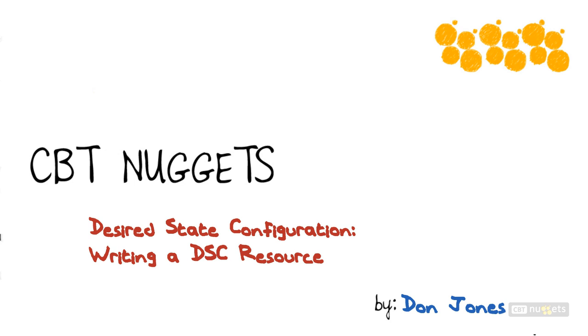Desired state configuration, writing a DSC resource. Now, in this nugget, we're going to expand DSC's capabilities. In the previous nugget, you learned that you can write a configuration script, and in that configuration script, you reference resources. You tell the resource how you want a computer configured, and the resource takes care of actually making it happen. We've used a couple of examples already, but in this nugget, we're going to write a custom resource so